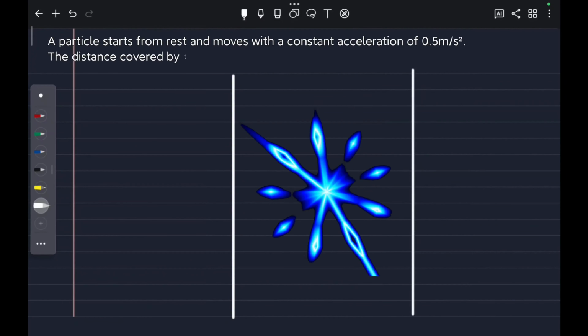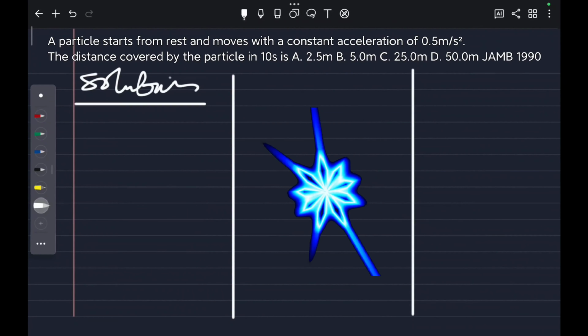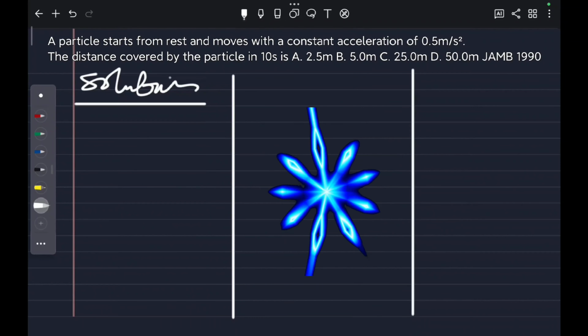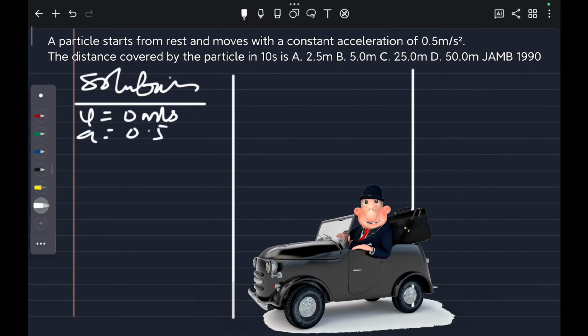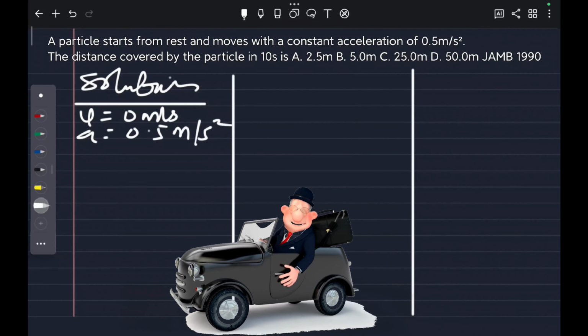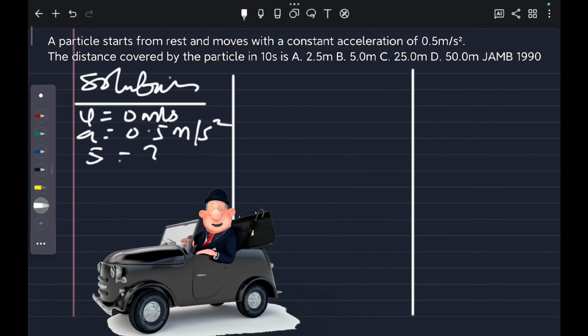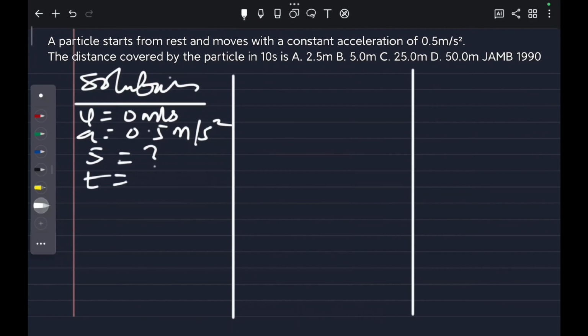Next question. A body accelerates uniformly from rest at 2 meters per second squared. Initial velocity is 0 because it accelerates from rest. So that our distance is unknown, our time is 10 seconds. If we use the second equation of motion, S is equal to UT plus half AT squared, you have S is equal to 0 multiplied by 10 plus half